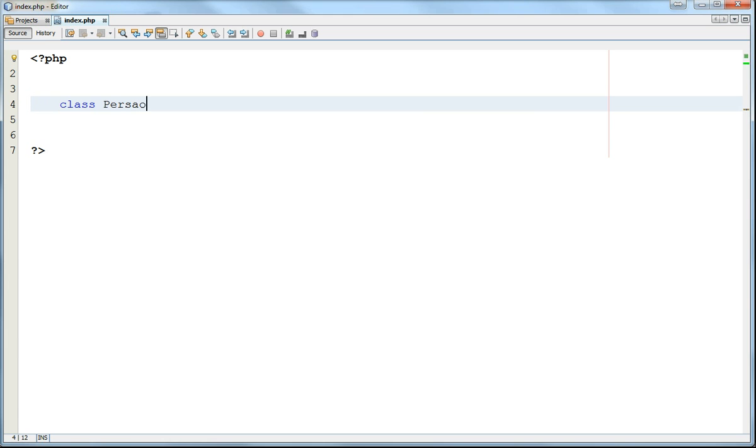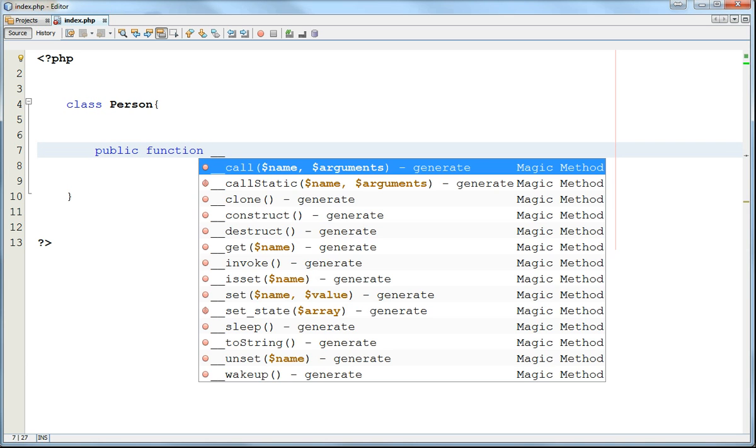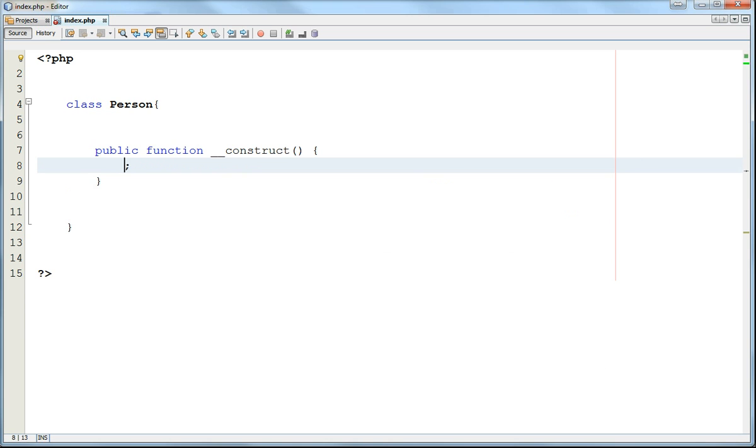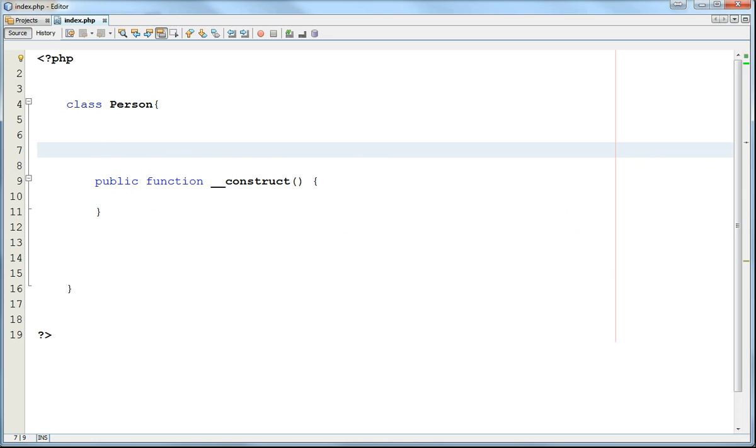So what we're going to say is a person class. Now we don't need parentheses on the person. But what we do need is something called a constructor. Now a constructor basically, well, first of all, let me just write it, and then we're going to explain it afterwards. Should get a tooltip now. There we go. Alright, so now we've got a constructor, and inside the constructor we can basically have properties,